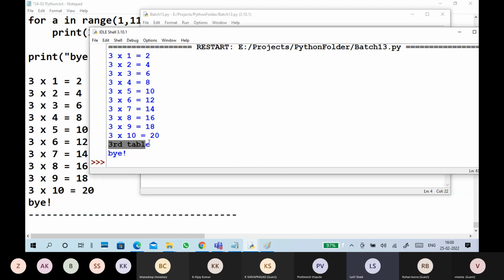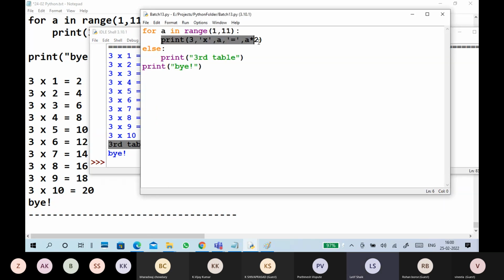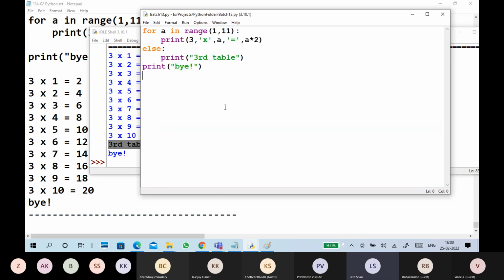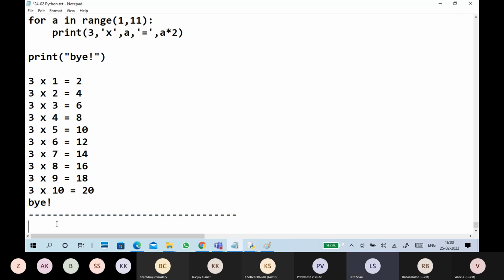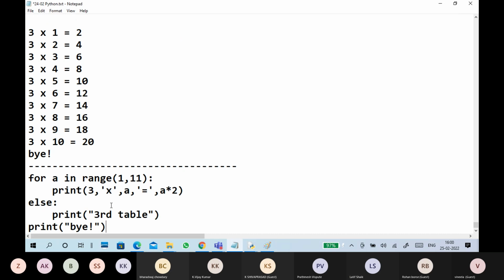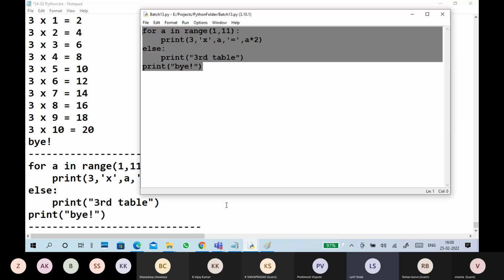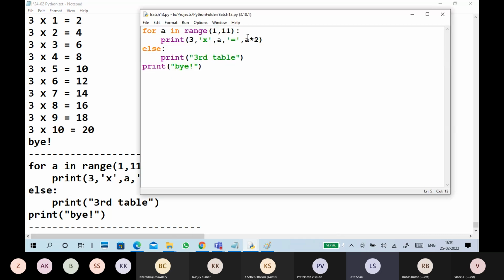The meaning is, once the loop is completed or not satisfied, then we can print the third table. Or you can use it at break time also. You can put it in a break time.